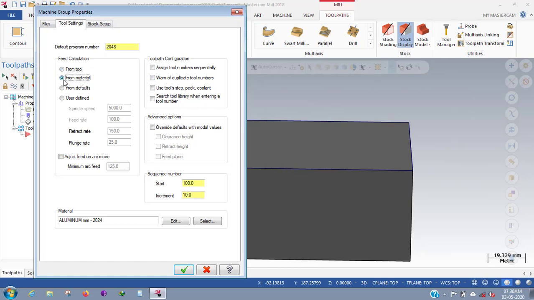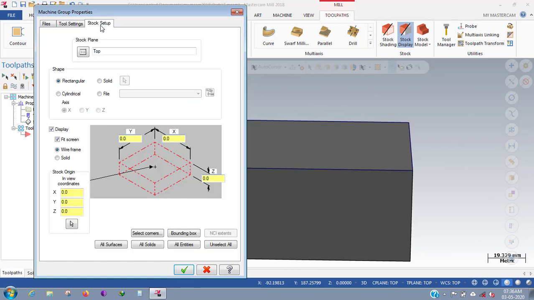Okay, and in toolpath configuration I'm assigning tool number sequence and warn of duplicate tool numbers, and use tool steps and picks. Okay, and search tool library, and the sequence number to be in increment. Okay, and I'm just leaving as required, aluminum 2024 as the material, and going to stock setup.